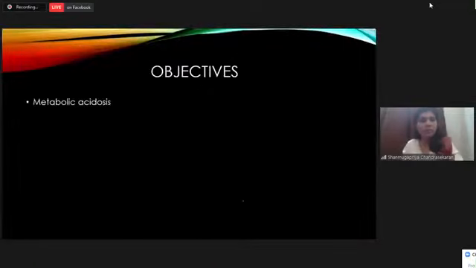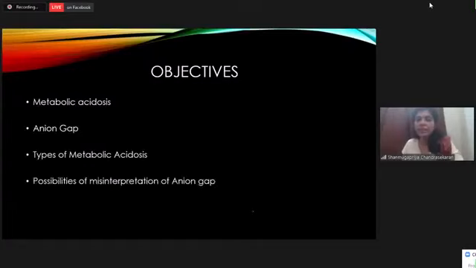So are we done with all these objectives? We have defined what acidosis is, we have defined what anion gap is. Based on the anion gap, we have seen how to find out the type of metabolic acidosis the person is suffering from, based on which I told you how to find out the possible causes, right? And then if it's a high anion gap metabolic acidosis, you have to calculate the delta-delta ratio. And I also told you about possibilities of misinterpretations of anion gap. Now, for you to get more confidence, I caught hold of one of the ABG reports from our lab, which will tell you the significance of all the facts which we learned so far.